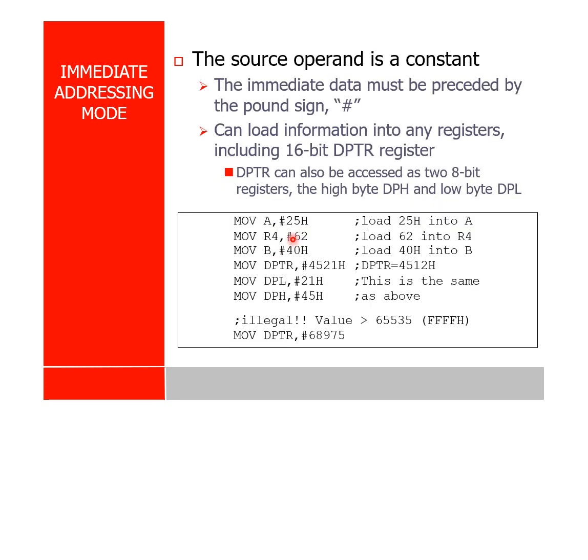Now, immediate addressing means you are putting the data along with the instruction, and before the data you have to put the hash sign. When you are transferring the data, the size of the register and the size of the data should be the same. Here DPTR is a 16-bit register, so you are putting 16-bit data. Here this is 8-bit data and this is an 8-bit register. If you put a value more than 65,535, it is invalid. Similarly, if you put a value more than FFH in an 8-bit register, it is invalid.